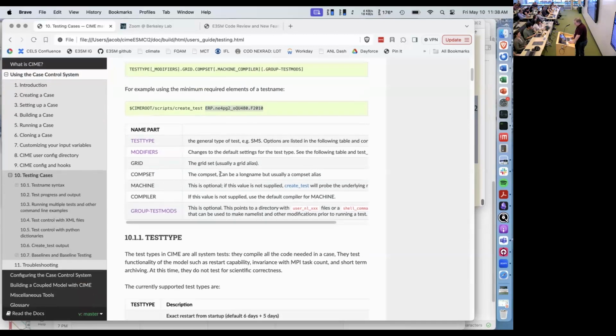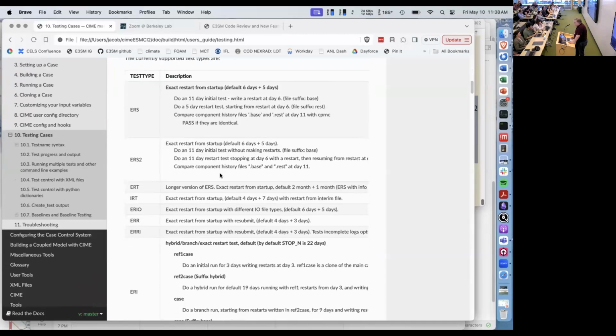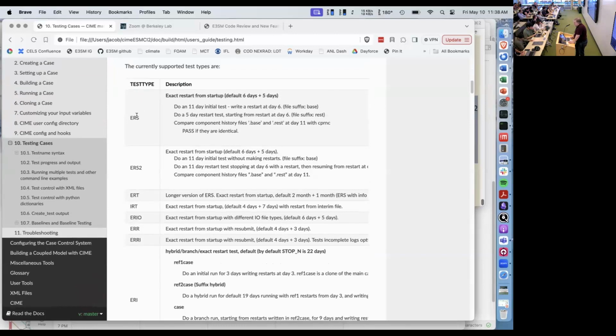So what kind of test types are there? There's a lot, and we don't actually use all of them, but I'm going to explain some of them to you. First of all, these tests are testing functionality. We expect the model to have certain properties that are functional properties of the system, not scientific properties.